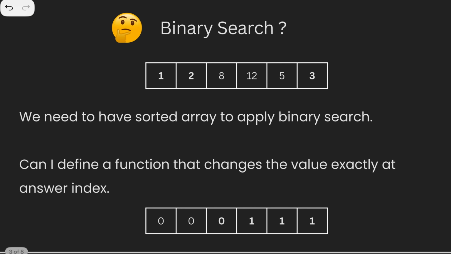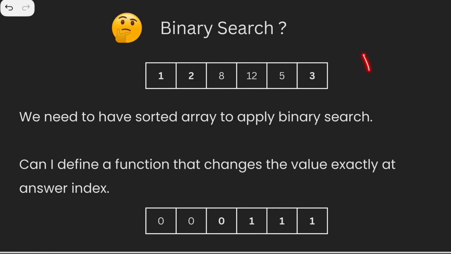So if you think in terms of binary search, you will never be able to solve this problem. Why? Because in binary search we say the array must be sorted. Well, it's not, so you cannot apply binary search. But remember, we changed our thinking. We changed our perspective. Now we are not asking whether the array is sorted or not. What we are asking